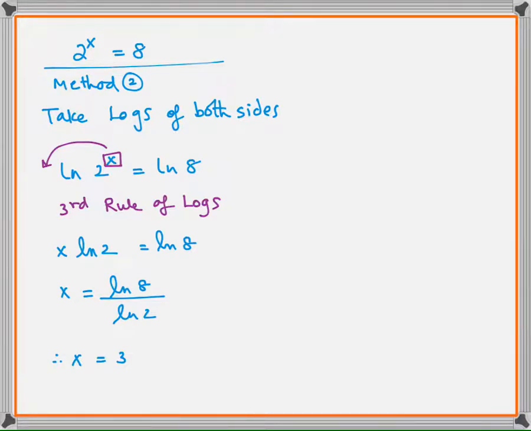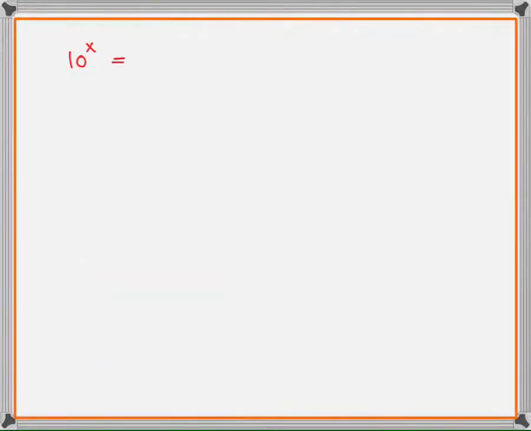Now, what if the question is something like this? 10 raised to the power of x is 250. First of all, indices is not possible. 10 raised to any integer power won't give you 250. 10 power 1 is 10, 10 squared is 100, 10 cubed is 1000, 250 is way back. That means I have to use logs. So now which log? lg or ln? As such, it doesn't make a difference. As far as easiness is concerned, lg is easy because we are dealing with base 10. So take lg of both sides. lg 10 raised to the power of x.